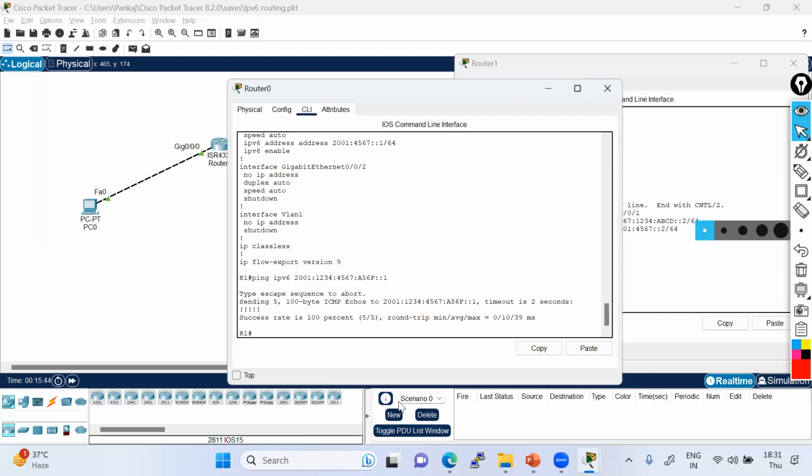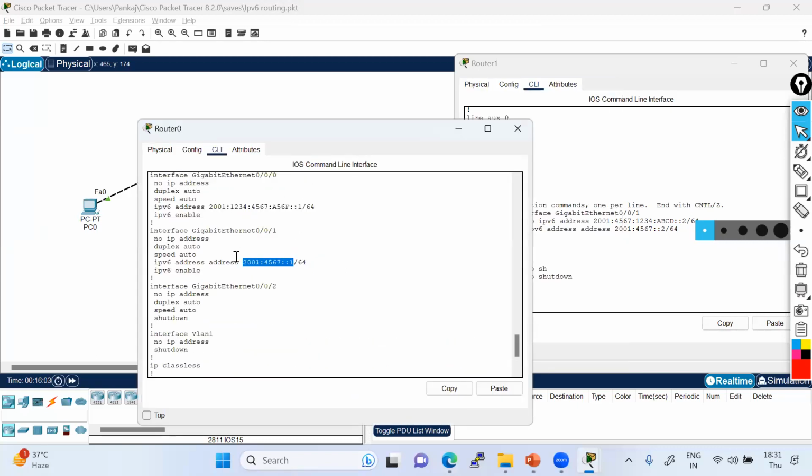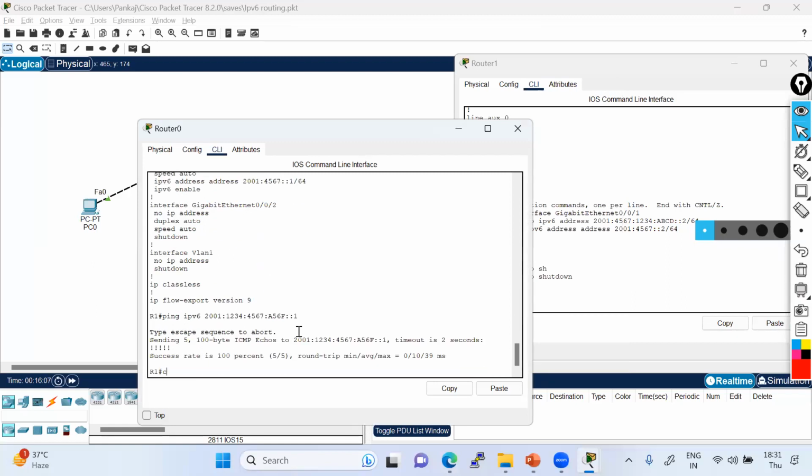Okay, let me just use some other address range. This is not pinging. And same configuration, right?